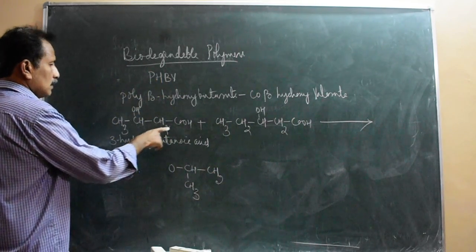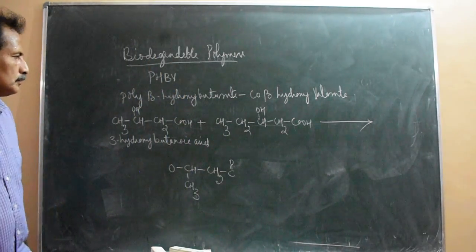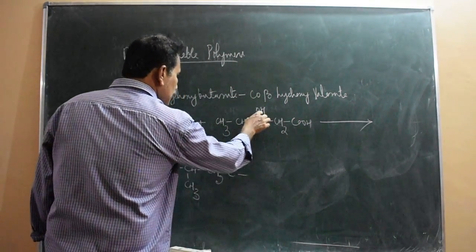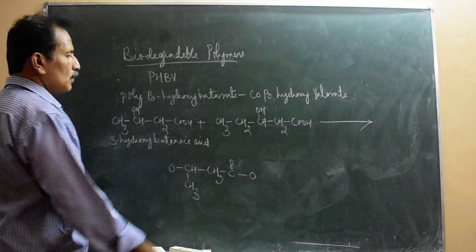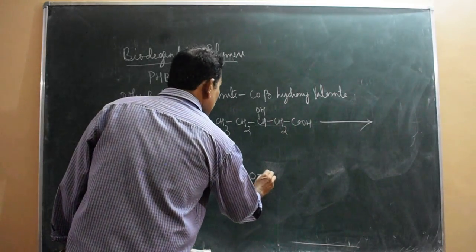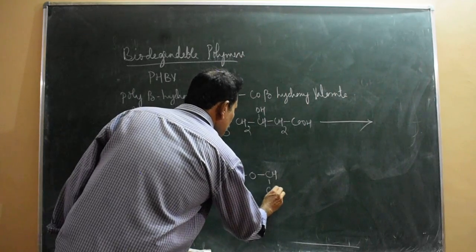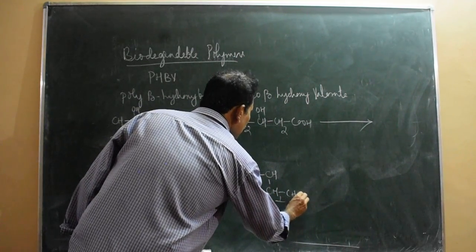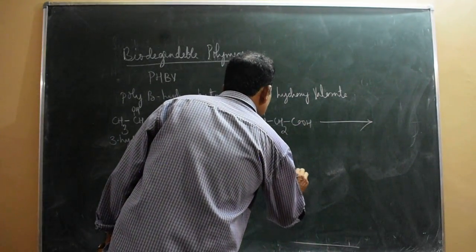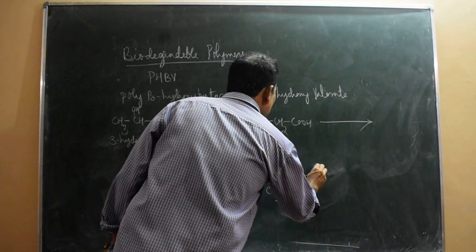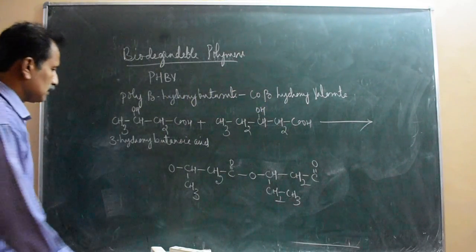So this, you take C double bond O, then take this O, because this H is going to take away this OH. So this carbon you write here, this take them down, this is CH2 dash CH3, and rest you can write as dash CH2 dash C double bond O. So this is the monomer you get. Okay, so this will repeat